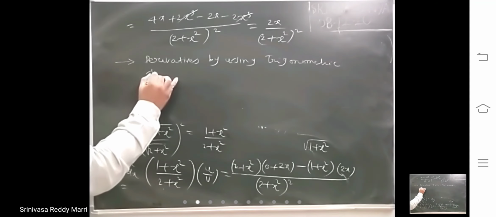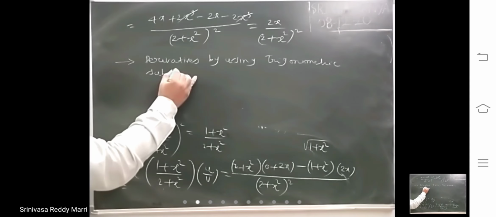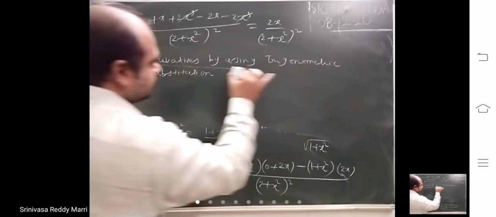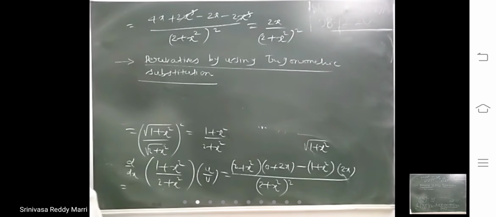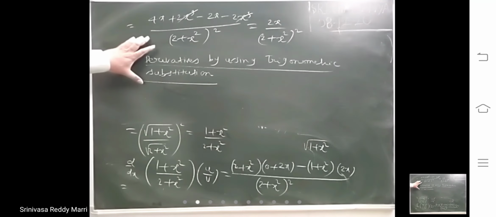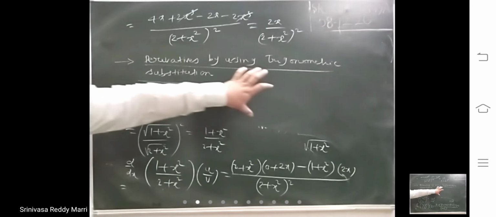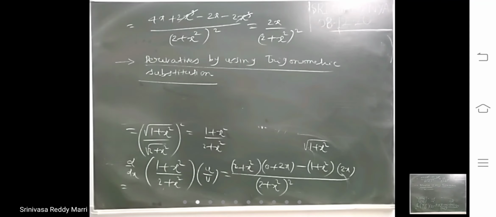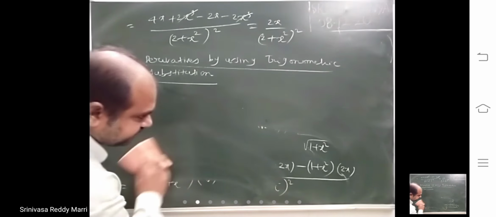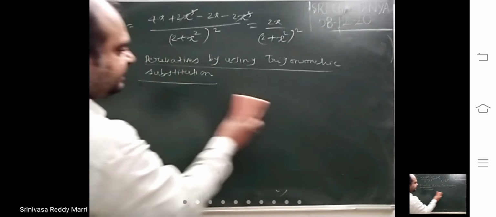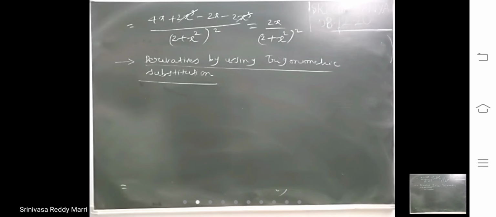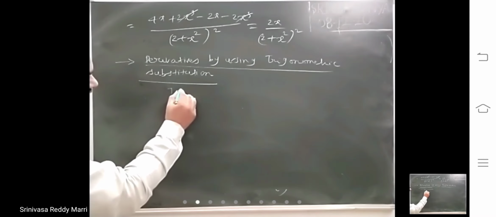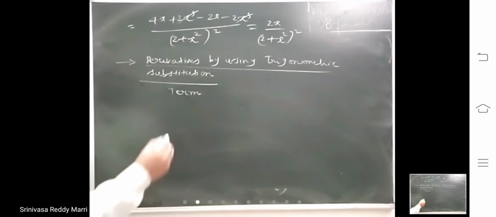By taking terms of some trigonometric substitution, we will make the function simplified and then do the derivative. Look, suppose a function is given, you have to calculate the derivative. Suppose in that term, take this term